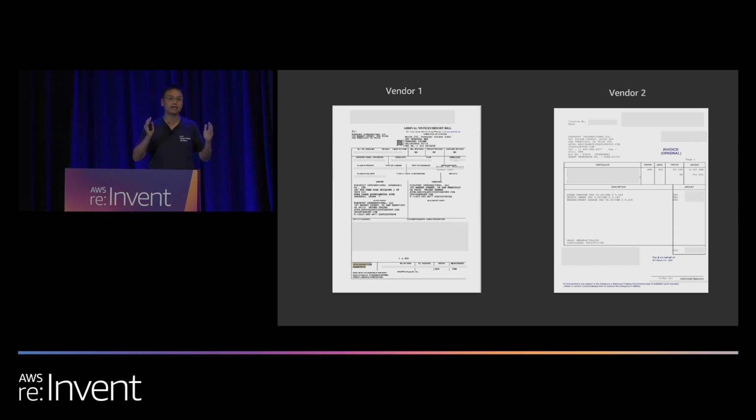Why this step is so important is that when you can identify which vendor, that will dramatically reduce the complexity. Usually a certain carrier's bills always follow a certain format. That will make the extraction easier. Otherwise, it makes it very, very hard.